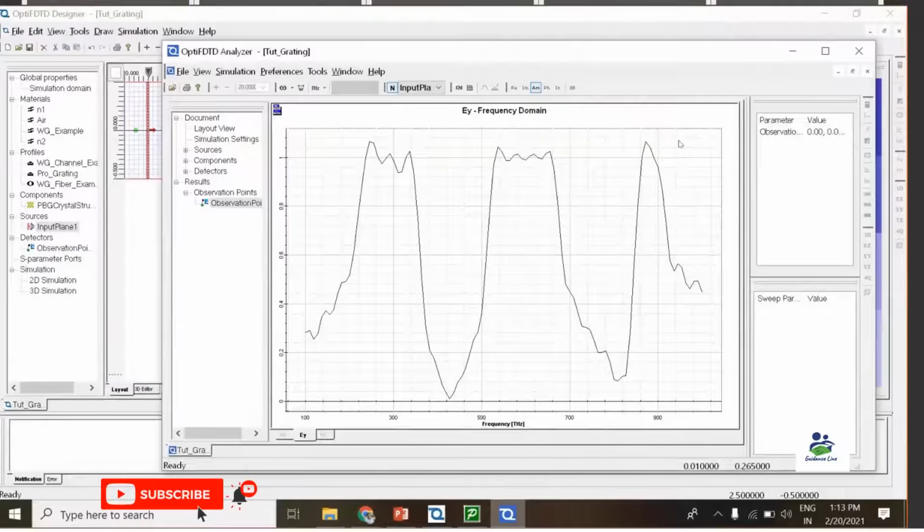So you can see the reflectance of this particular grating structure over here, in which at 300 we have this reflectance, and at 600 and at 900.